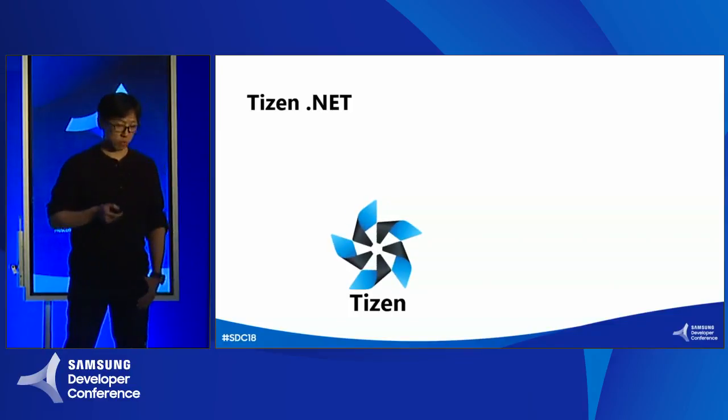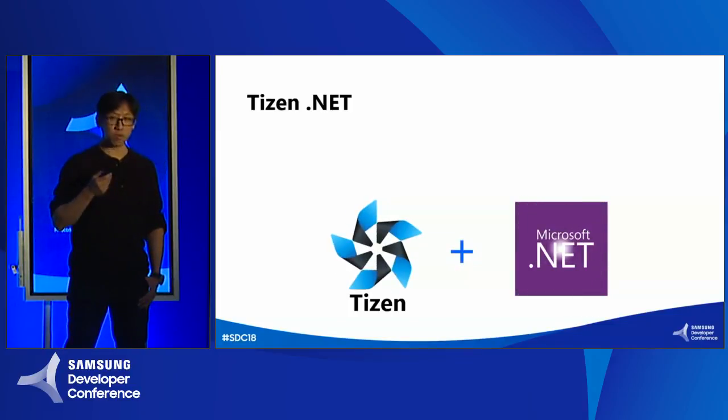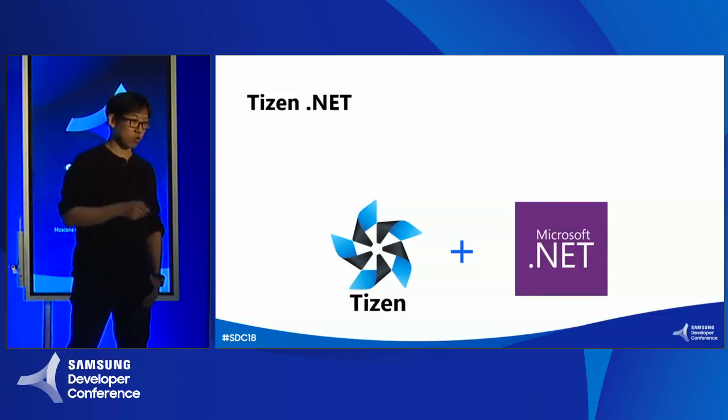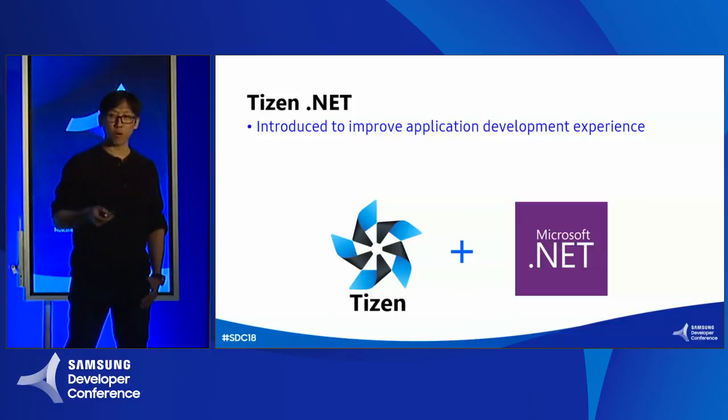Tizen.NET is basically where we ported the Microsoft .NET Core runtime onto Tizen. We contributed to the ARM port of .NET Core. We ported .NET Core, and then we tested 34,000 APIs, which .NET Core includes. The whole purpose of this project is to give the best